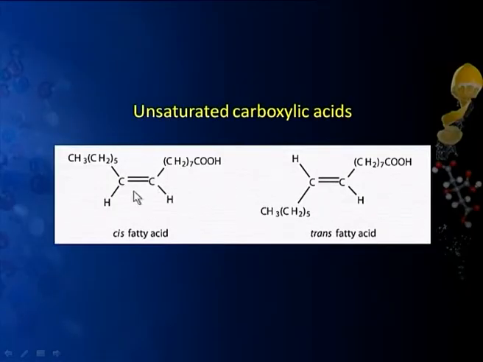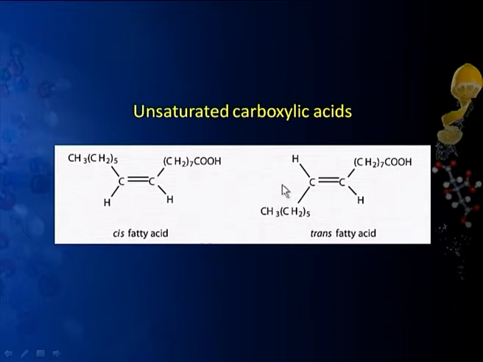Various carboxylic acids which are unsaturated are obtained from oils and fats. These acids are generally of very long chain, 12 to 18 carbons, and at many places they have these pi bonds, and then they can have different geometry. They may be cis or trans fatty acids. Such acids, when the double bond is far away from the carboxyl group, show their independent properties, meaning these compounds show the properties of alkenes as well as the properties of carboxylic acids.